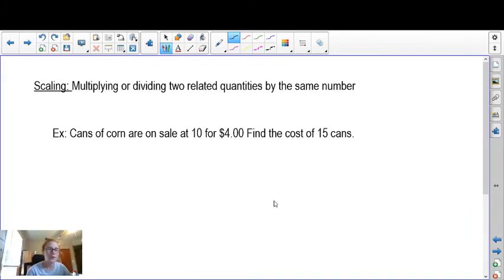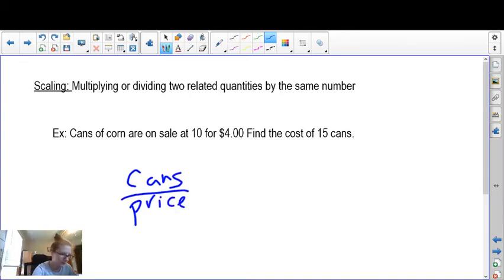All right, cans of corn are on sale at 10 for $4. Find the cost of 15 cans. So it tells me the amount of cans per the price, or the cost. So that means that I have